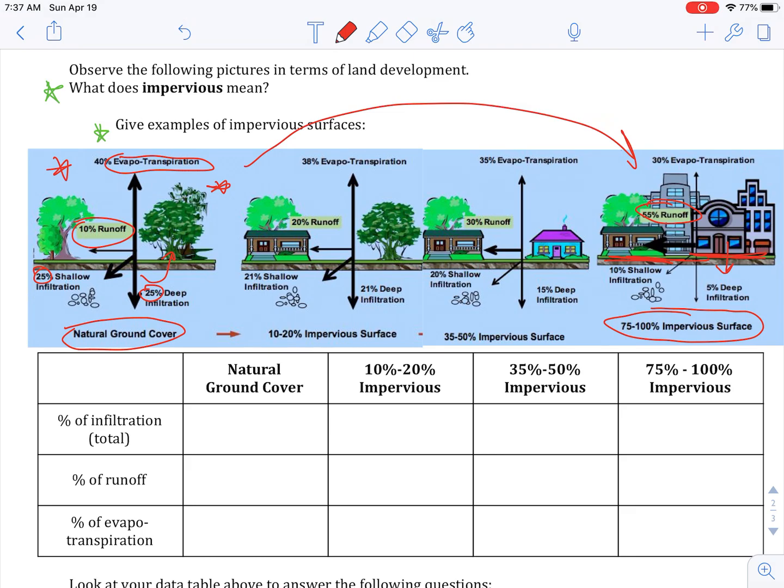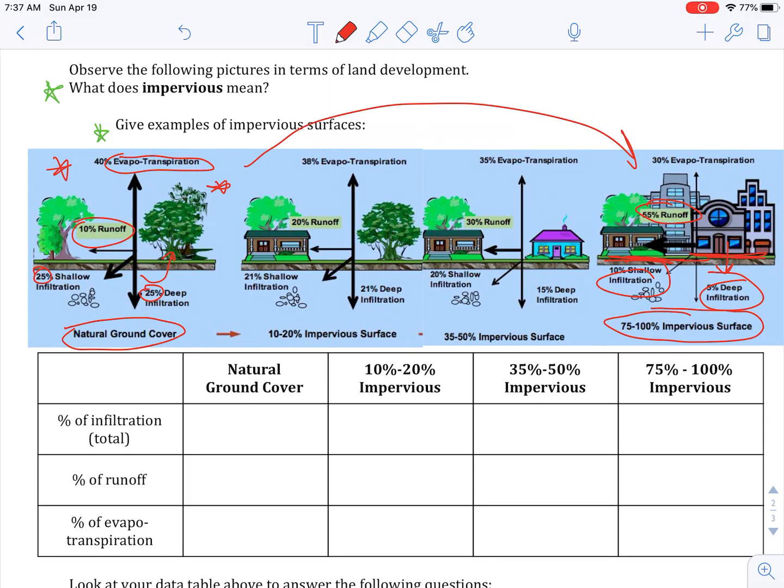Well, if you don't know, a lot of communities, a lot of cities depend on groundwater. So it depends on this infiltration, okay, because what we do is we drill wells down into the groundwater, and we pull that out of the ground, and we use it to drink and wash our whatever we're washing. Okay, so if we are increasing the impervious surfaces, ultimately we're hurting ourselves, because we're potentially running out of groundwater that we need for our everyday lives.